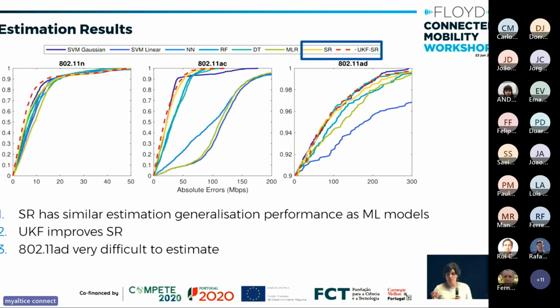For 802.11ad, which is the millimeter wave Wi-Fi, we're still among the best, but the performance is very bad in general. So you cannot really rely on it. Symbolic regression with the unscented Kalman filter has very good performance for real-time network management for a moving vehicle,